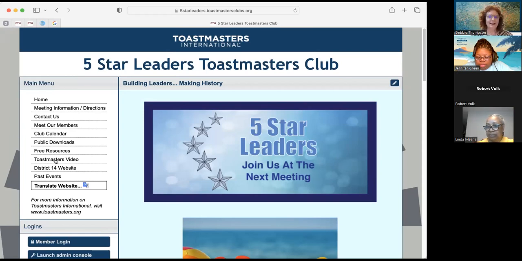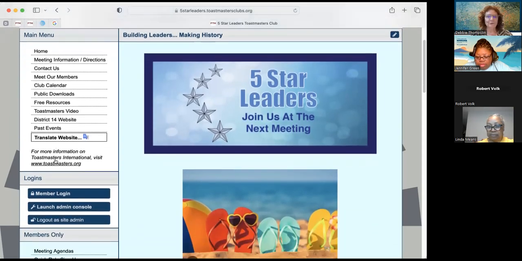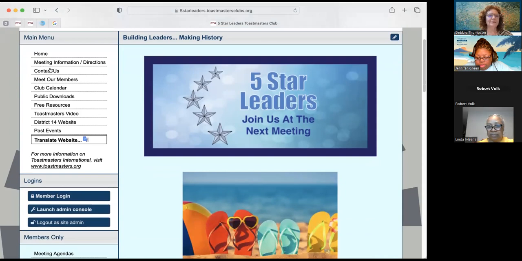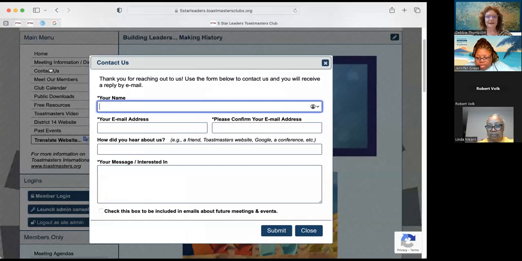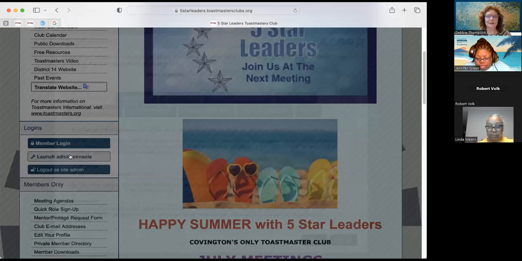Okay. All right. So let's take a look at the contact information real quick. This is the contact form if somebody logs onto your website and pushes the contact us button. This is the form that they would get. You can see they have your name, your email address, and then you submit it. Well, let's go behind the scenes and take a look at the contact form.